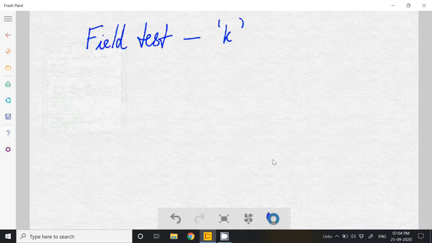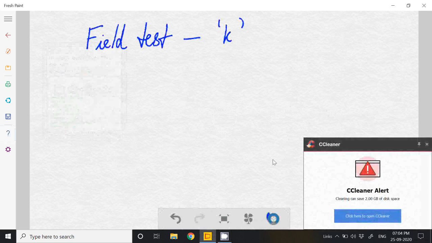Hello everyone. In the previous video we discussed a field test for determining permeability. Now in the field test diagram, what we took was, if I show you the image,